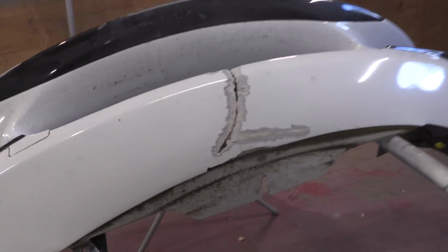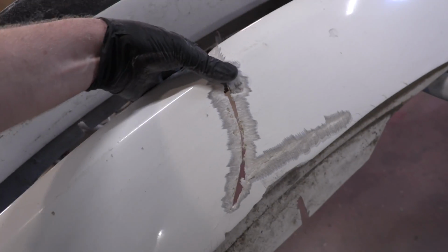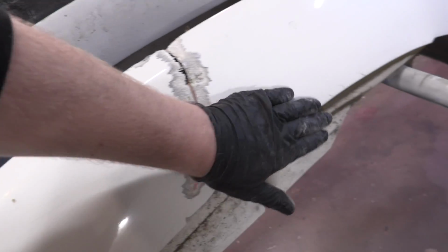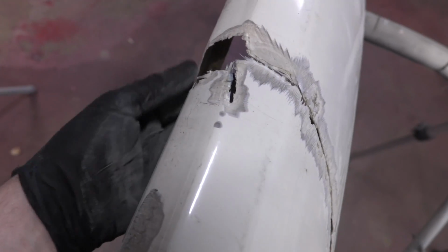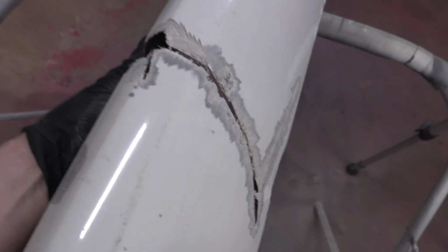Over here, I just finished cutting out the garbage fiberglass from the crack, and the next thing I need to do is go ahead and clean this thing up with soap and water, 80 grit sandpaper everywhere around where we're gonna lay the new fiberglass mat, and then I gotta build some sort of a support to keep this thing in line. That's the big thing, is we need to make sure it's all straight,